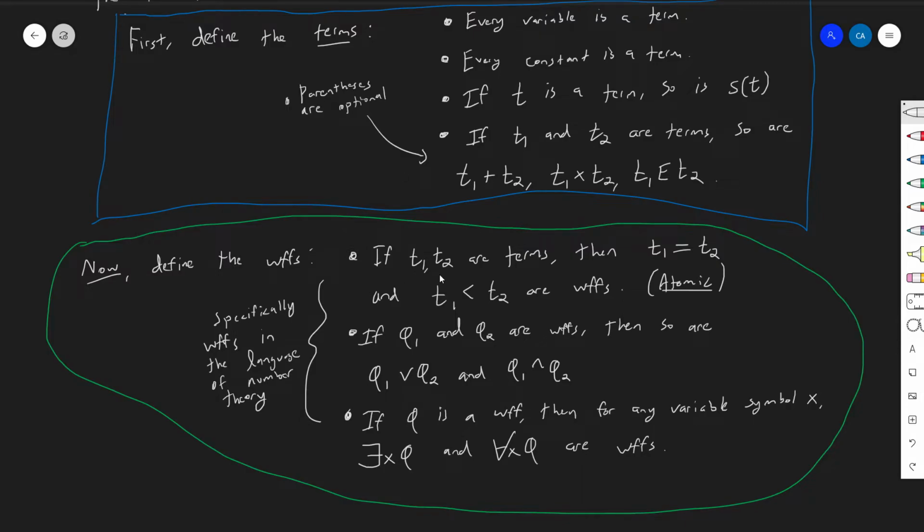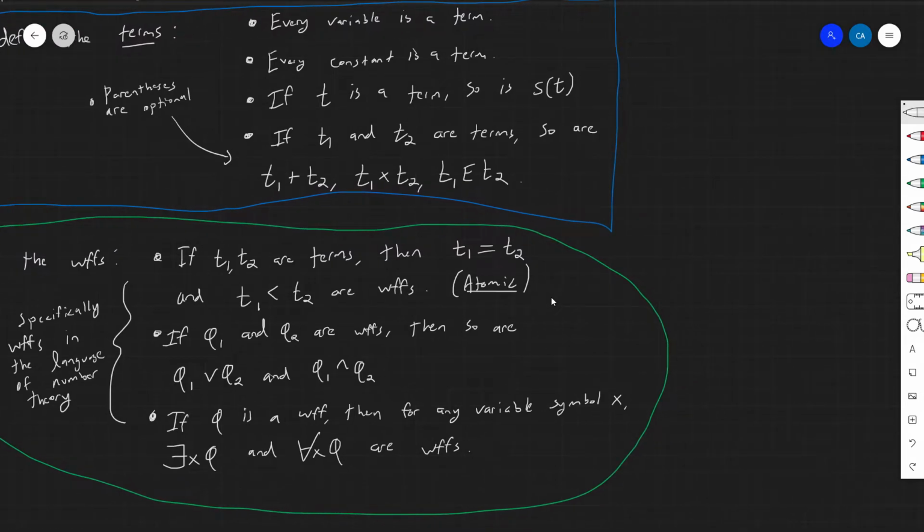So if T1 and T2 are terms, then T1 equals T2. I can just put this double bar sign thing here in between the T1 and the T2, and that counts as a WIF. Same thing with putting this caret thing in between the T1 and the T2. These are both WIFs. What I would do to generalize that is I would say, if R is a relation, more general, if R is a relation symbol,